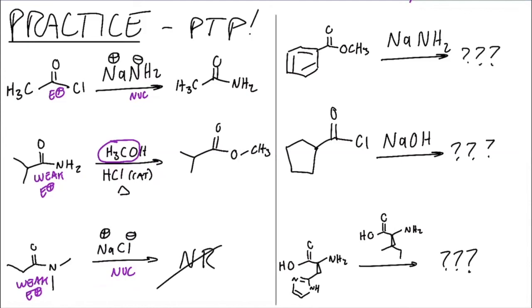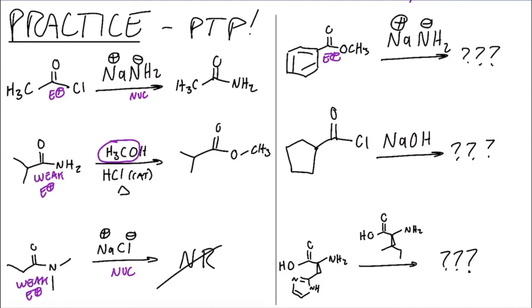If we have something that looks like this, this is another ester, right? So instead of making an ester this time, we're treating it with something else. So let's see what that something else is. We have another Na here, which means that whatever's on the other side of it, nitrogen, must be negatively charged. So we can bring that NH2 nucleophile in, have it attack at our electrophilic carbonyl center, and then we have